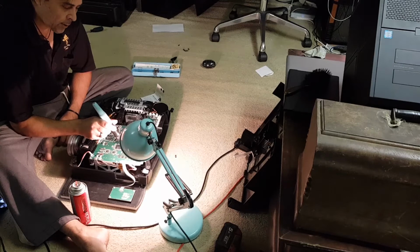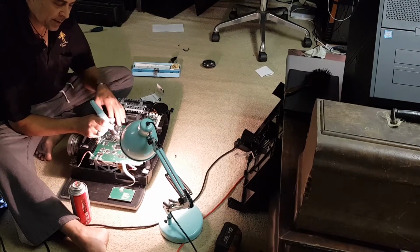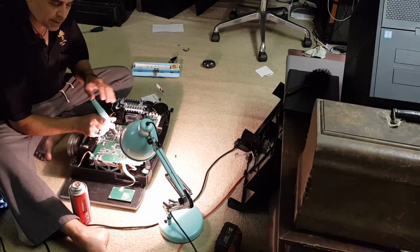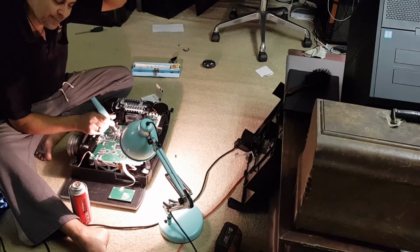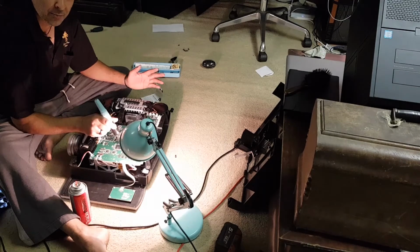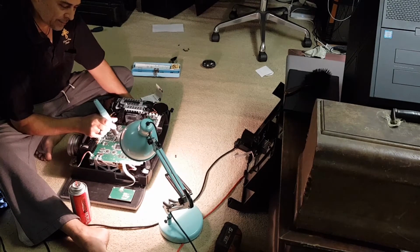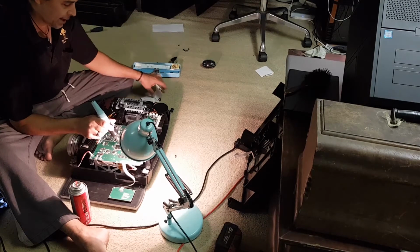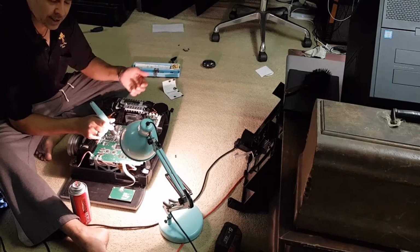So if you're wondering why I tested that, and then I tested the machine, and then I'm testing each chip individually, it's so that if it just in case did turn on, at least I know which chip it was that needs tickling up every now and then. So that's the reason behind that. And if you're wondering why I keep touching this to that, it's just to make sure that there's still heat coming out of this